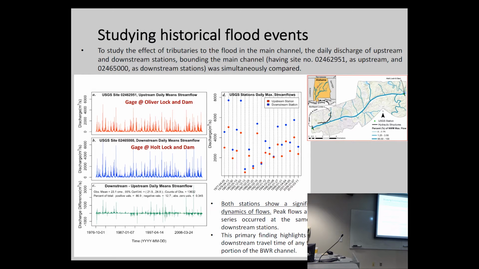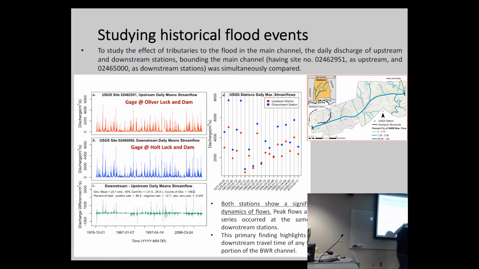But before doing that, I had come across a question: do we really need to take into account the tributaries' contribution into our flood model comparison, or do we just need to stick to the main channel? Does any of those tributaries have a major contribution to a significant flood, while there's also a significant flood in the main channel? So in order to answer this question, I need to go back to the USGS time